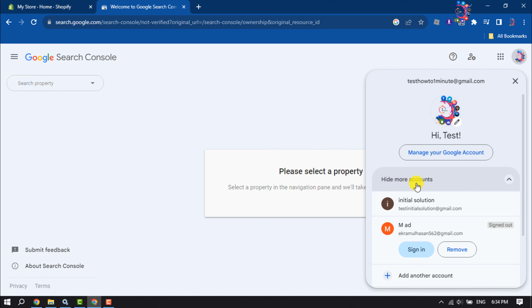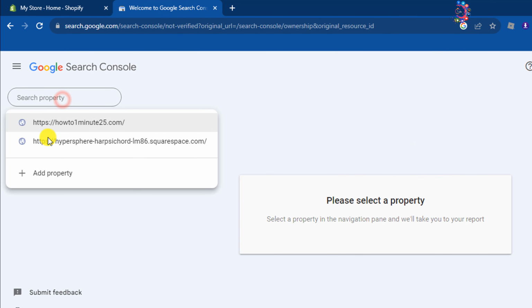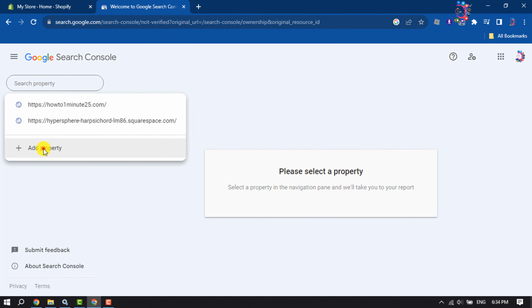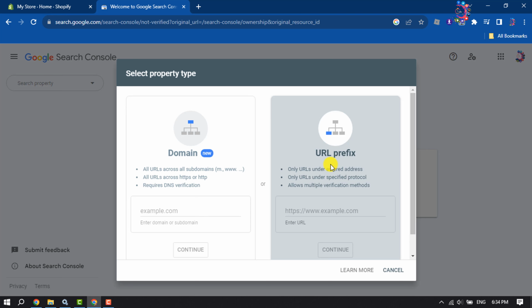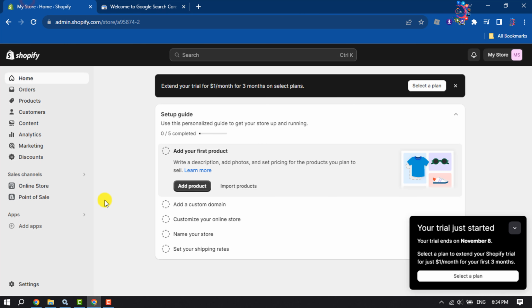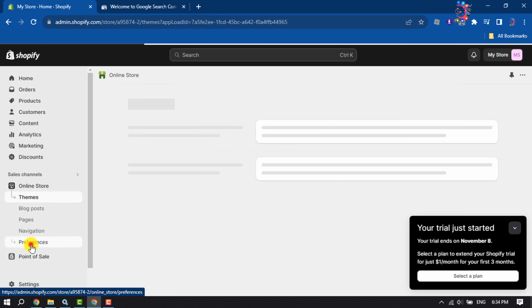your Gmail ID. Once done, click on Search Property and click on Add Property, and here select URL prefix. Now go to your Shopify admin dashboard and click on Online Store. Click on Preferences,